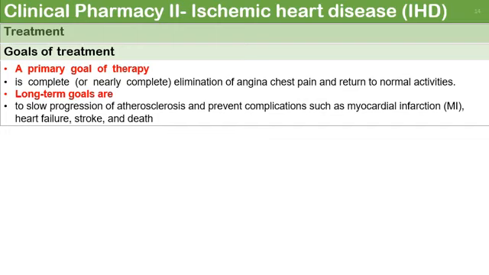Long-term treatment is to prevent the progression of disease and conversion from stable angina to unstable angina or MI, and to restore physical activity and quality of life. The aim is complete or nearly complete elimination of anginal chest pain and return to normal activity, and long-term slowing of the progression of atherosclerosis to prevent complications that include myocardial infarction, unstable angina, heart failure,